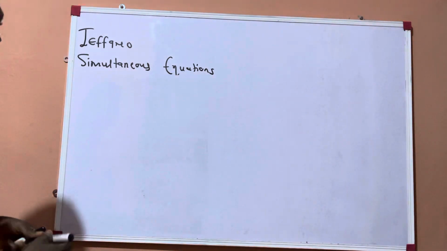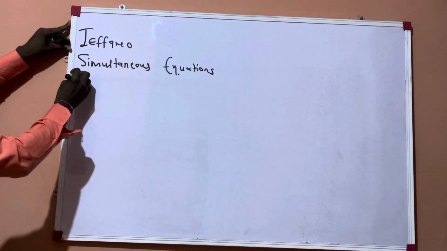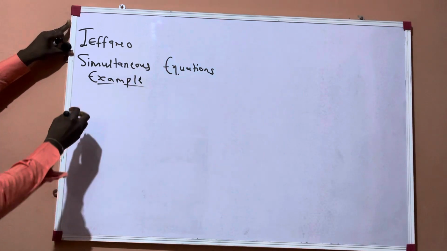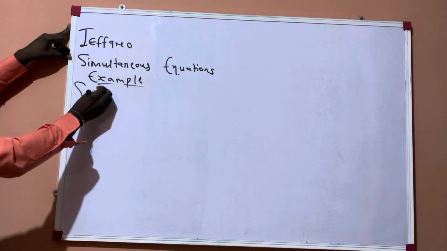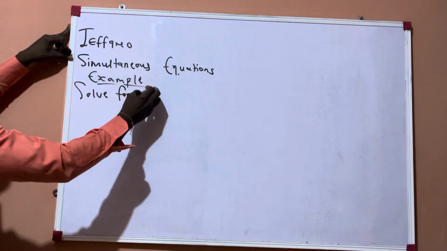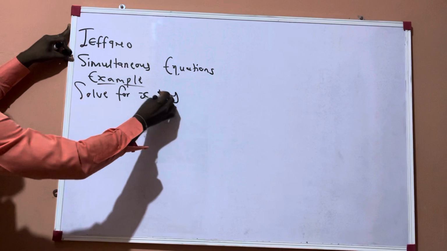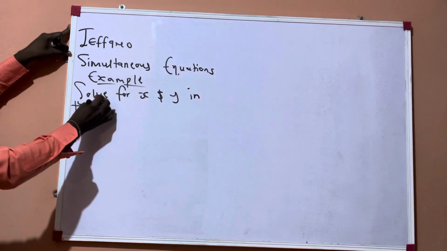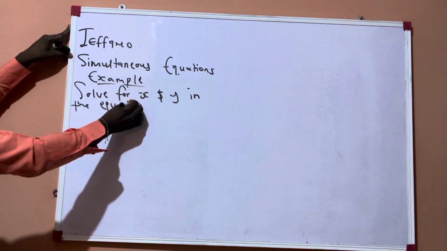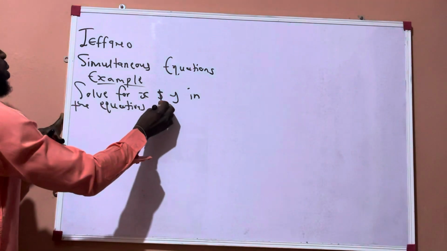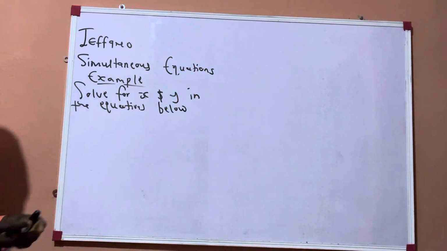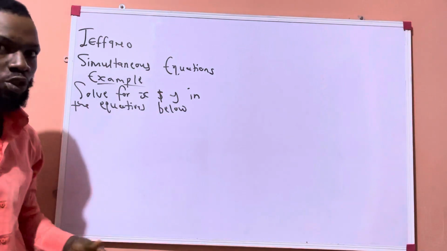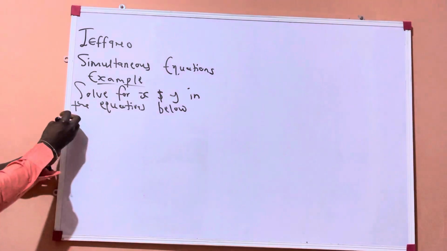Okay, imagine you are given a question like this. Solve for x and y in the equations below. Now, you already know we have two variables here, so we're going to have two equations. Now, question number one says,